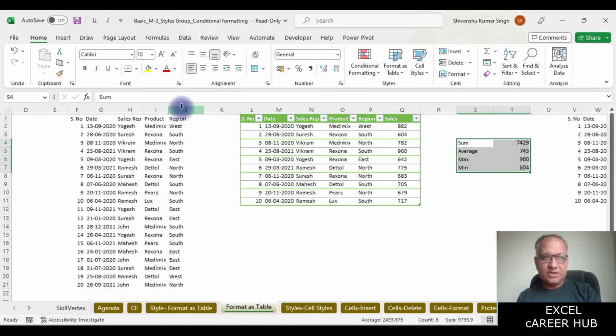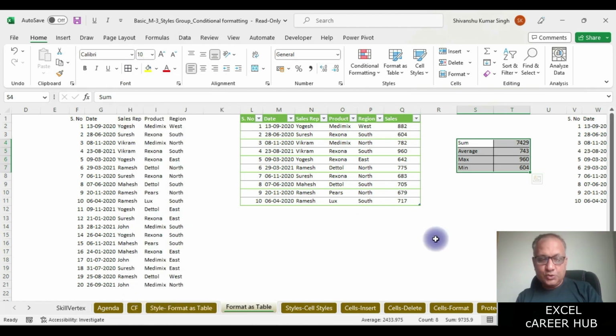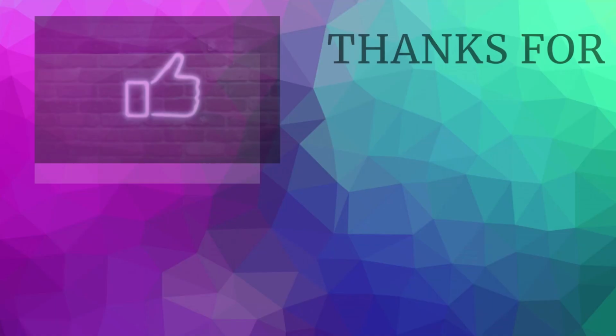Now with this small data, if I want to prepare a chart, I'll use the shortcut Alt Function F1, and as I press